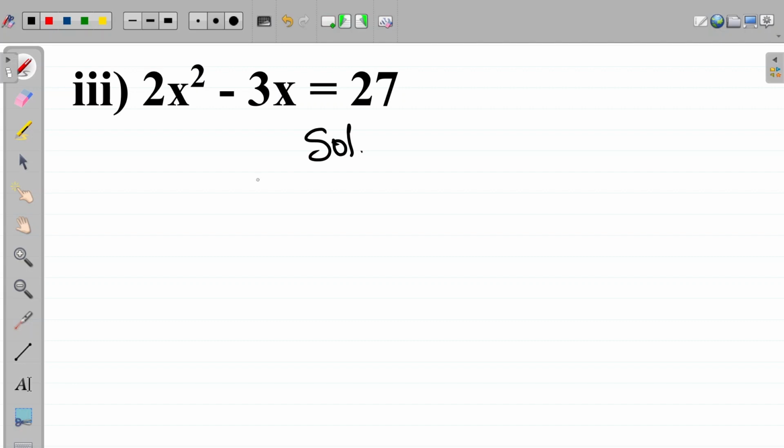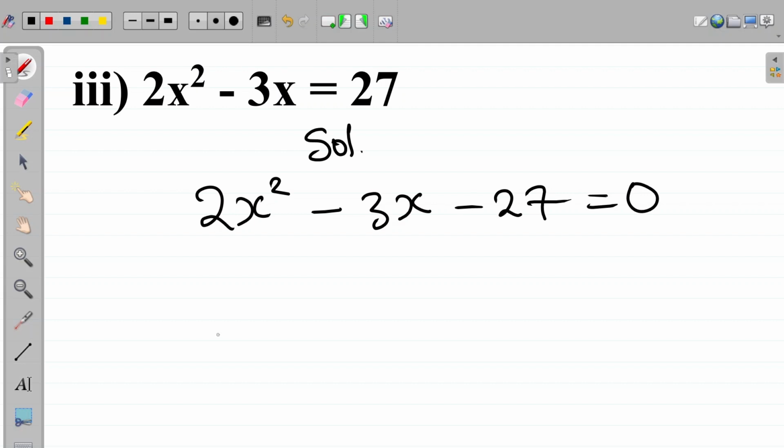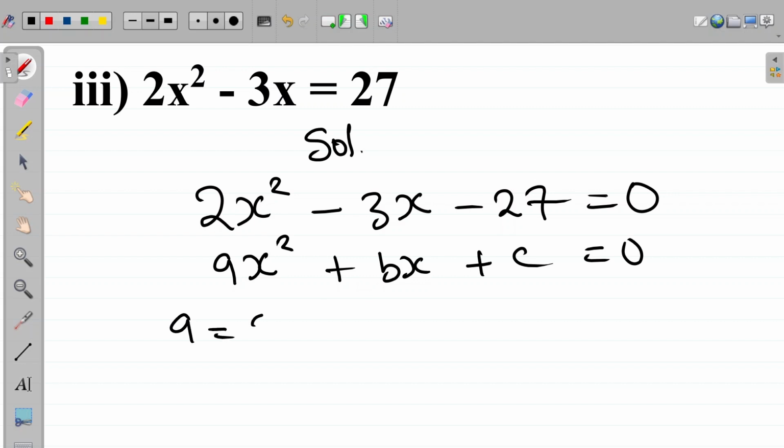So here, the first thing we do is to rewrite our equation in the form of 2x squared minus 3x. Now we will move 27 to the left hand side. This is equal to minus 27 equal to 0. Now at this point, if we compare with our general equation, we can obtain that a is equal to 2, b is equal to minus 3, and c is equal to